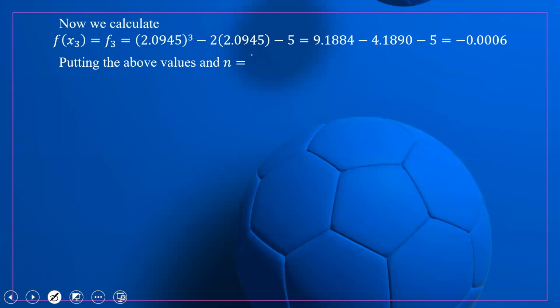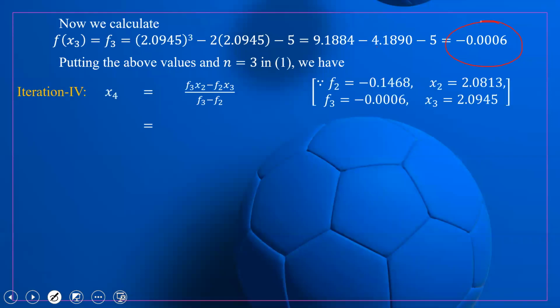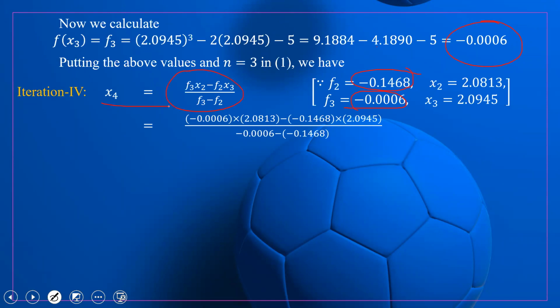Same thing, we put it again and we are getting negative values. So the root will lie between, iteration number 4. Again the values here are not correct, substituted over here. So we should correct it and then I will send it back. But now everybody has got the procedure. Every time we apply the formula, we put two initial approximations and the third is automatically obtained. In this manner, we can get x4.